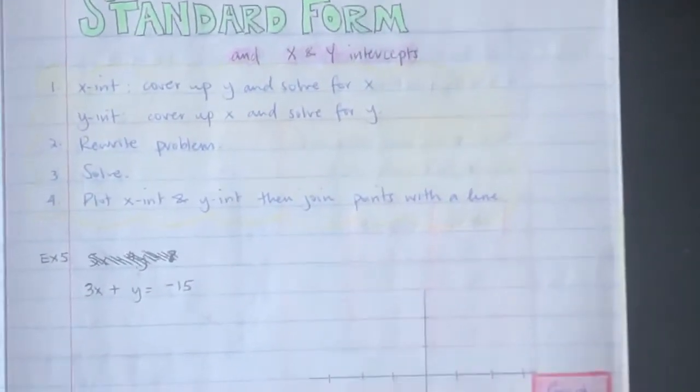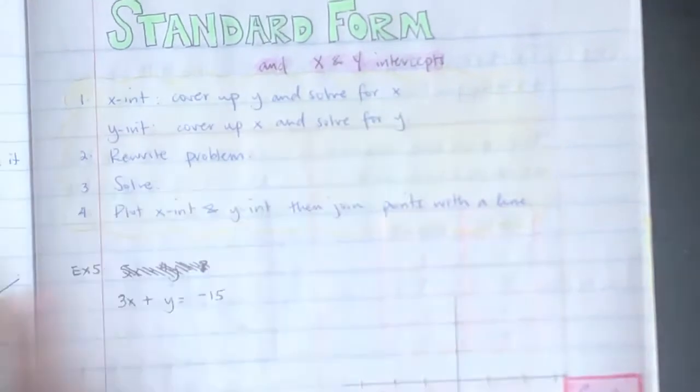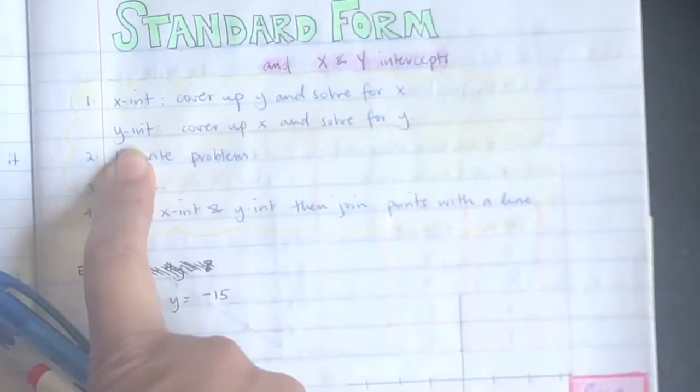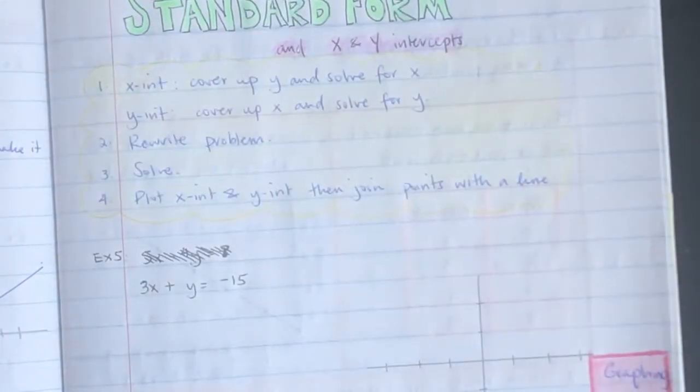Shortcut is for right now. So it's called graphing by x and y intercepts. And what you do is, to find the x-intercept, you cover up the y and solve for x. To find the y-intercept, you cover up the x and solve for y. So, looking at the first example,